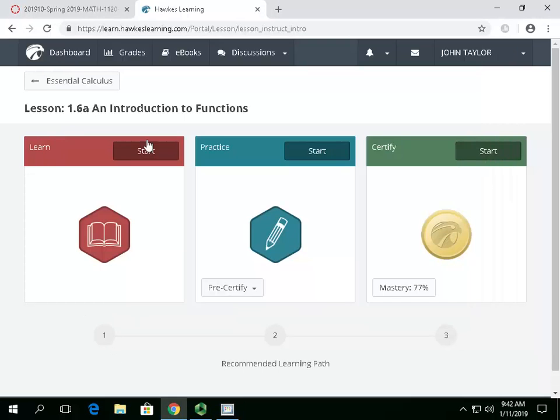Now, what you're supposed to do is just make sure you understood all this good stuff. When you go over here to 6.8 on Hawks, you're supposed to do some practicing. But I know what most of you people are going to do. You're going to go over here because there's no points, so if you mess up, you can always take it later. You can do it again. That's true until the cutoff date. And then you're going to go over here and certify. But the goal is to make sure you get the certified questions right. So I'm just going to show you one. Let's do the certify. Are you working for me? Come on.